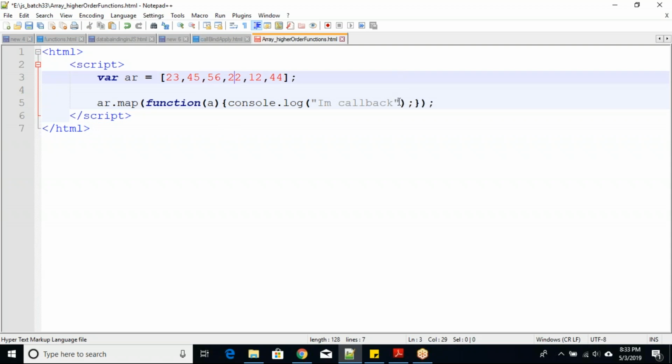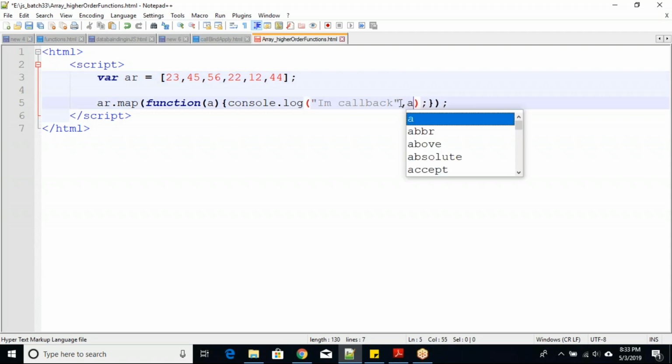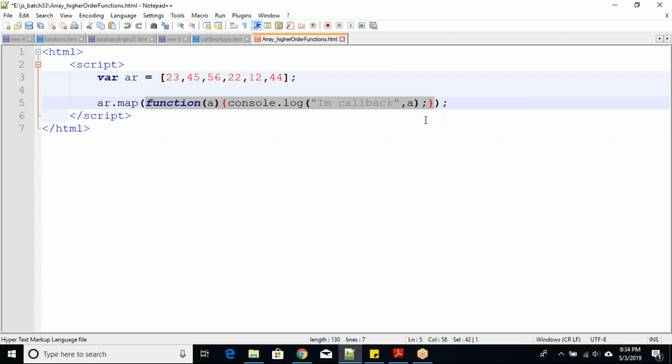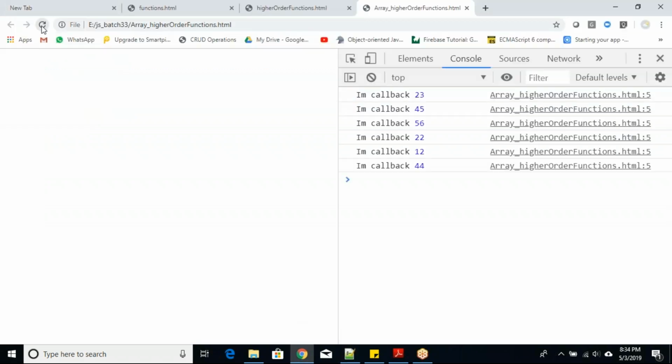Along with "I am callback", I would like to print the value of a every time it calls this function. Is it okay? Let us see this answer. Save and refresh. I am callback 23, I am callback 45, I am callback 56, I am callback 22, I am callback 12, I am callback 44.